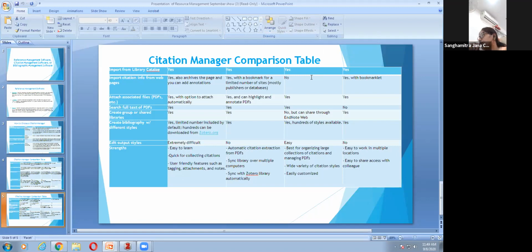But I forgot to add here, or rather I would like to mention separately, that Zotero is open source. So if you have seen, the last version that is available was developed in 2020. First point.